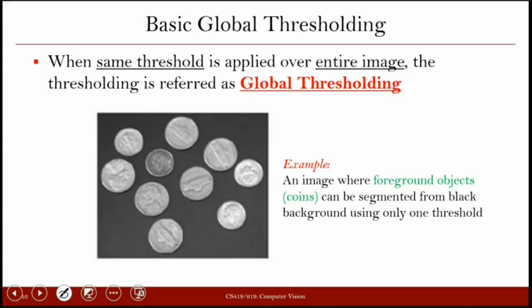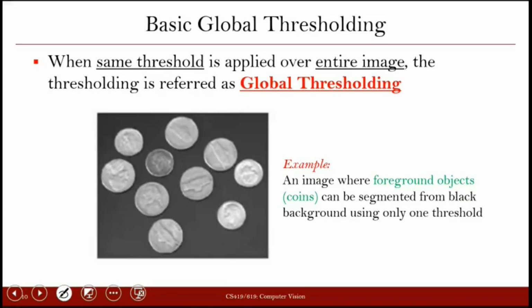For example, in this particular case, we see that there are some coins and a background, and our objective is to segment the coins from the background. We know that all the coins have one kind of characteristic, and the background has a different kind of characteristic. All the coin pixels are a little lighter, and the background is dark.